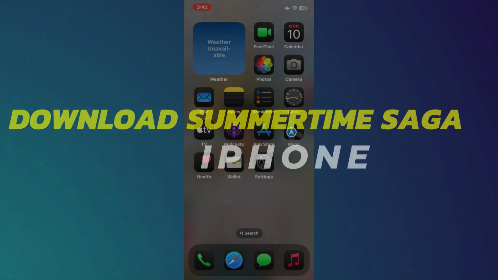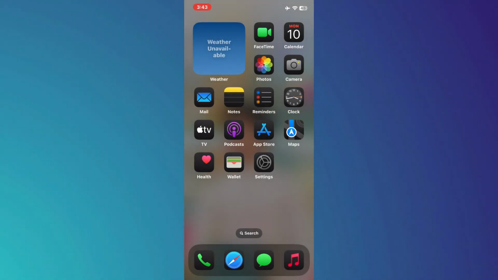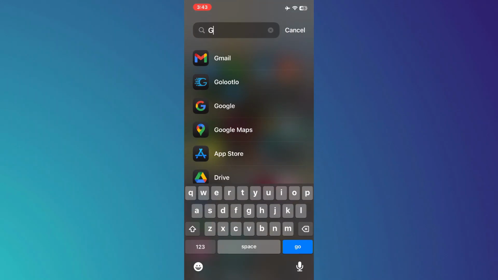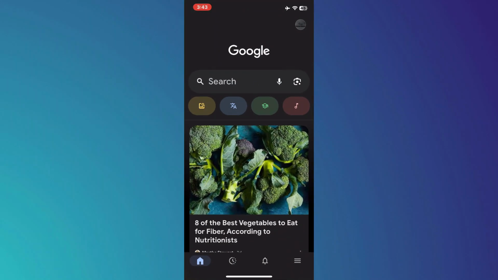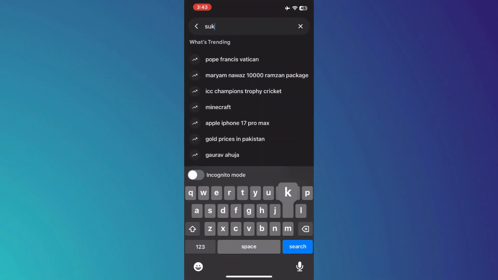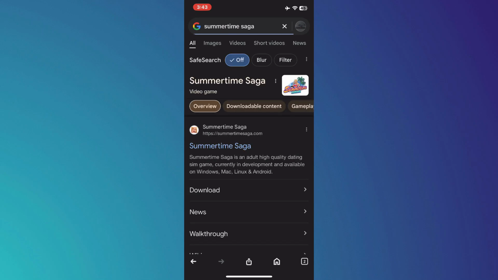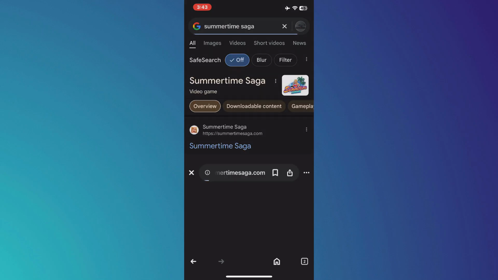Alright, so let's begin. To do this, the first thing we need to do is head over to a browser of your choice. It works on Safari or Google, whichever you choose. So for example, I will head over to Google. Now once we head over to Google, what we need to do is simply search for Summertime Saga. And then once we search for this, you will then be able to click on the top search result right